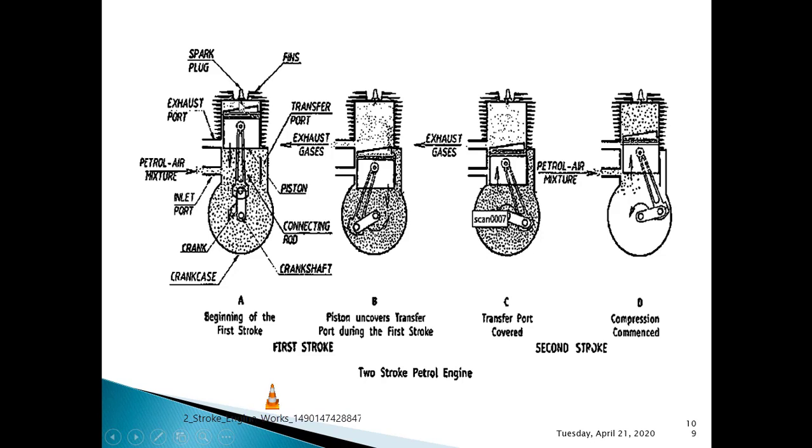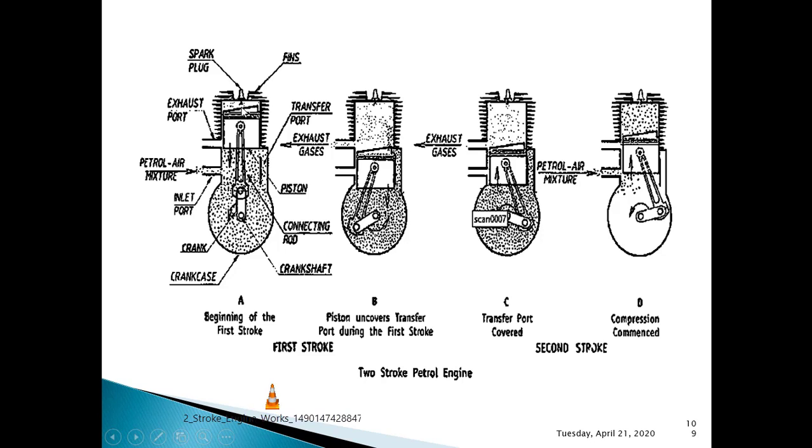The spark plug gives out the spark, and the spark which comes out will ignite the air fuel mixture in the engine cylinder. As soon as that air fuel mixture undergoes combustion, it releases an enormous amount of exhaust gases. Those exhaust gases will try to expand, and because of that, they exert pressure on the piston. It makes the piston move downward, and when the piston starts to move downward, it first uncovers this exhaust port. You can see that when it is coming downward, it uncovers this exhaust port.